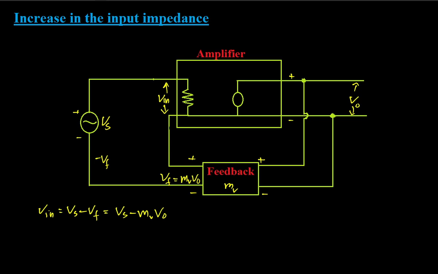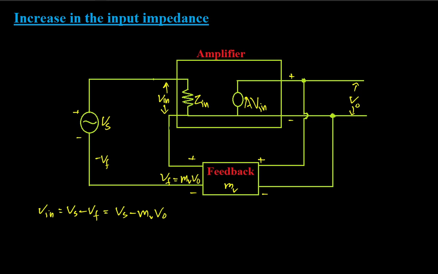Now to discuss the input impedance, we are assuming the amplifier consists of an input impedance Zin and an amplifying unit. This is an amplifying unit which gives an amplified value of A into Vin. Whatever voltage appears at the input terminal will be amplified A times by this circuit. So I am splitting the entire amplifier circuit into two parts, an input impedance part and an amplifying unit. For the sake of simplicity, for considering the input impedance, I am doing this.